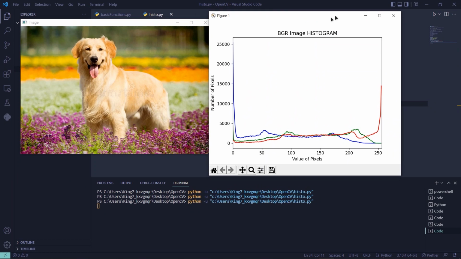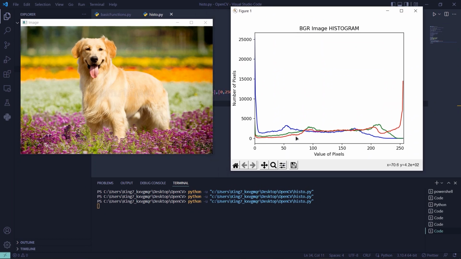This time around you actually get the blue, green and red colors on the histogram. So as you can see, the value of 0 for blue is for around, let's see, 25,220 some pixels. Same goes for the red, for 255 is around 15,000 pixels. And the best thing about using this